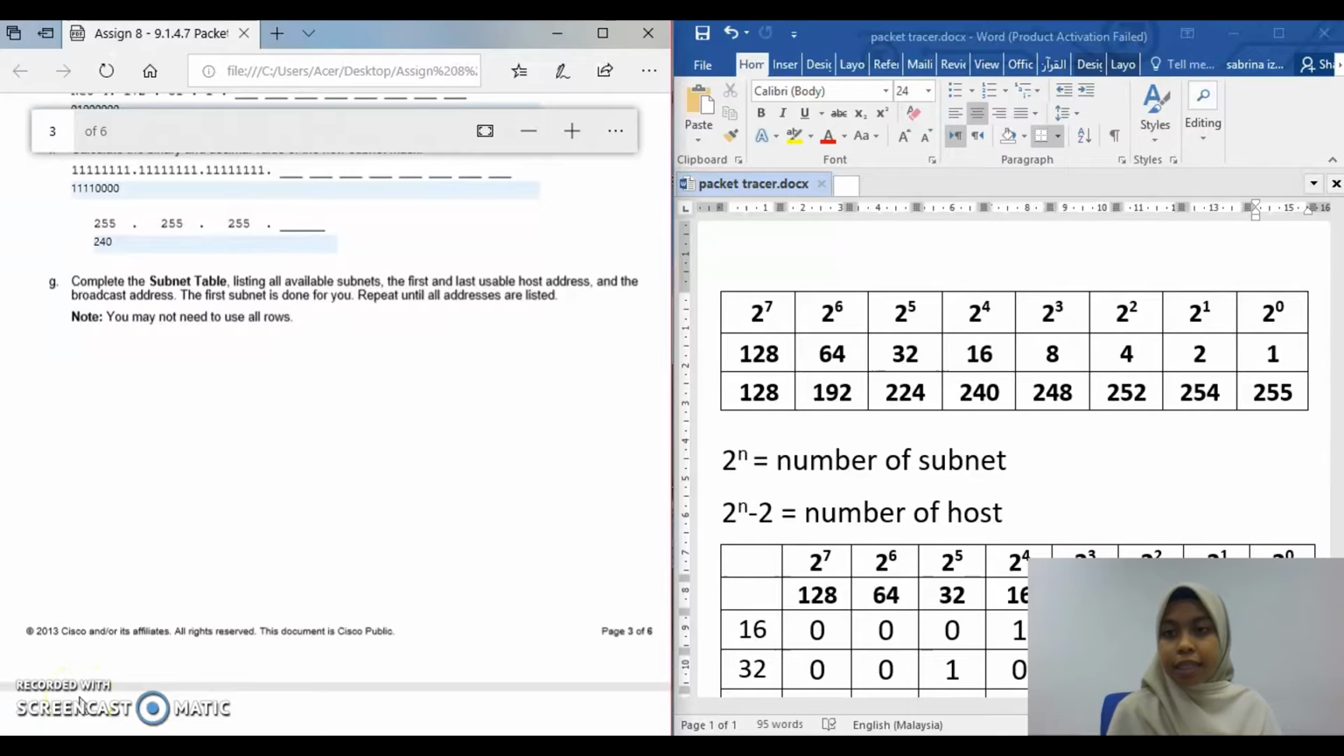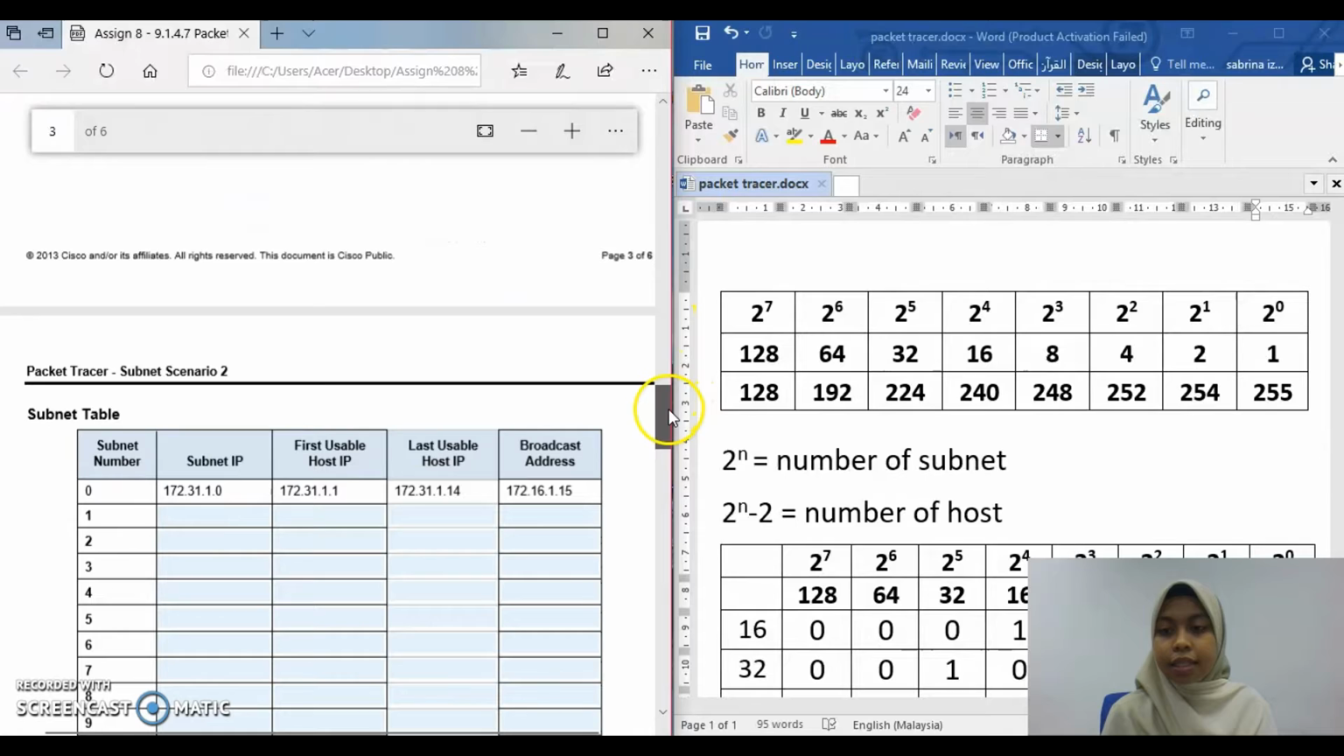Okay, G, complete the subnet table, listing all available subnets. The first and last are the network address and the broadcast address. The first subnet is done for you. Repeat until all addresses are listed. The first subnet is already done, so we go to the next subnet IP, 172.31.1.16, and the broadcast address is